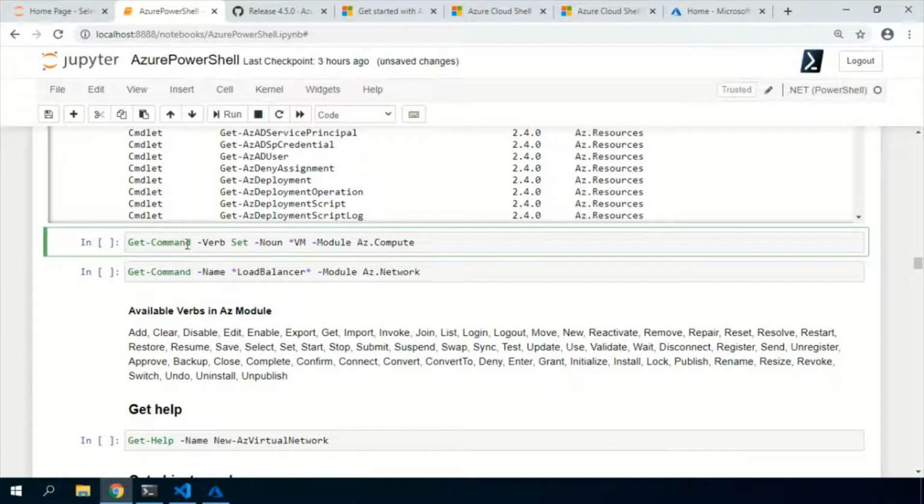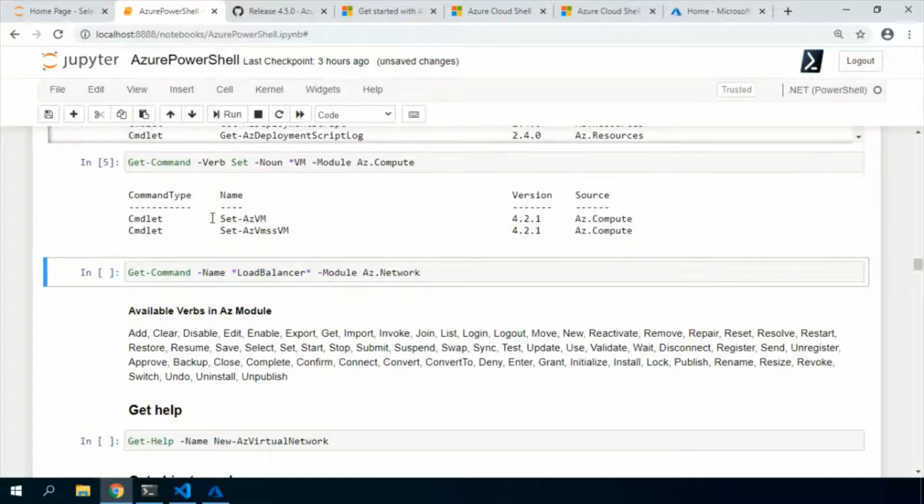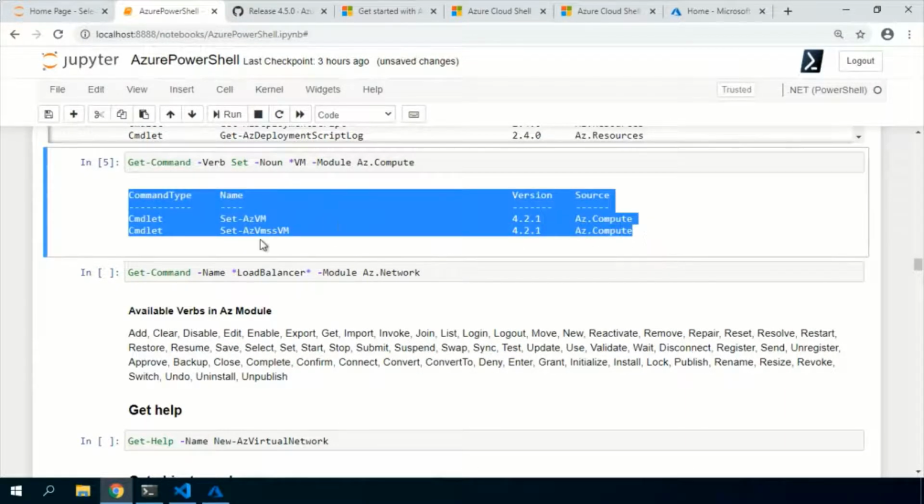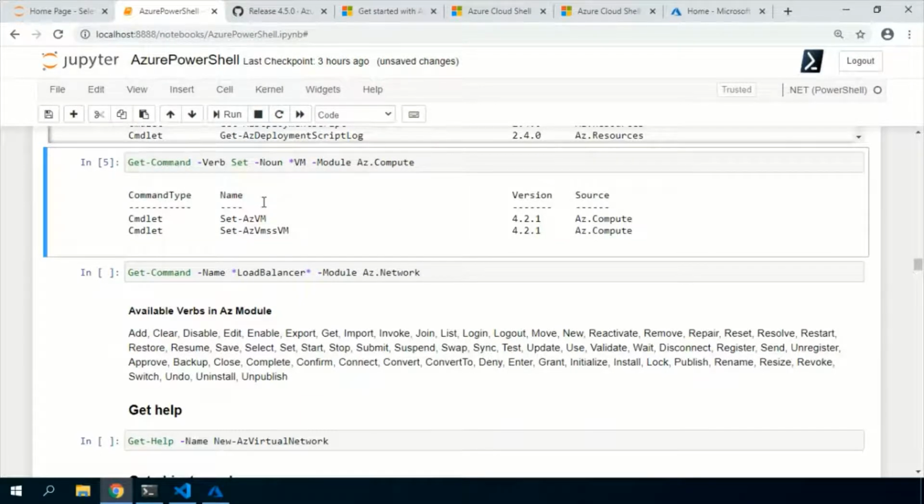For that, I can use Get-Command -Verb Set -Noun *VM. It also accepts the wildcard and the module name. If I run that, I think there are only two commandlets, Set-AzVM and Set-AzVMSsh. So these two Set commandlets are ending with VM.